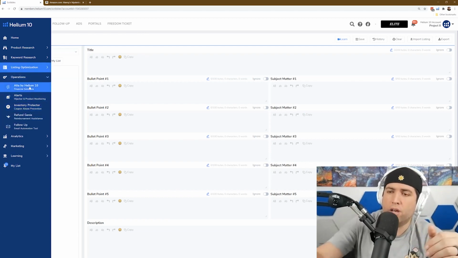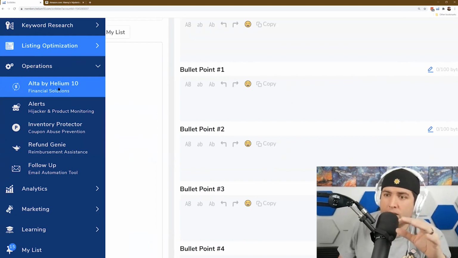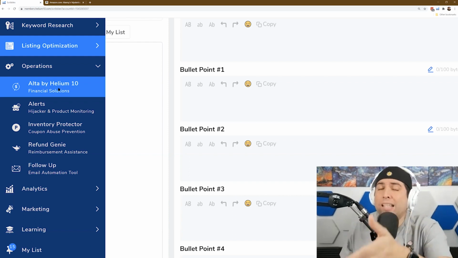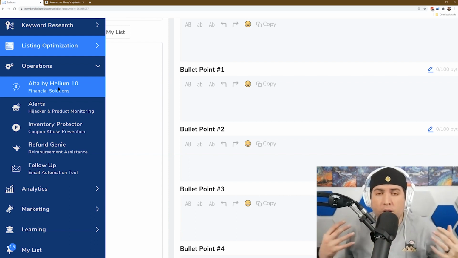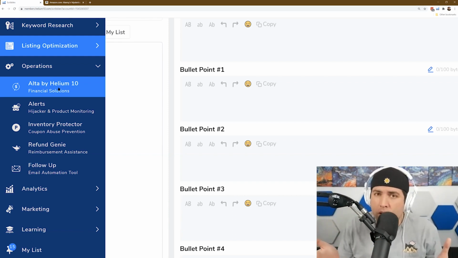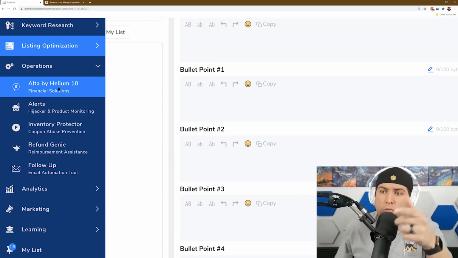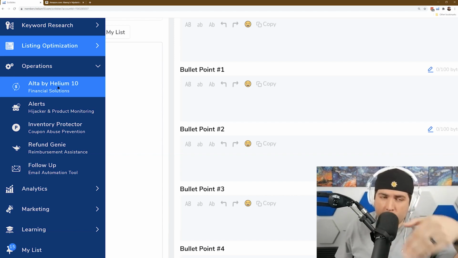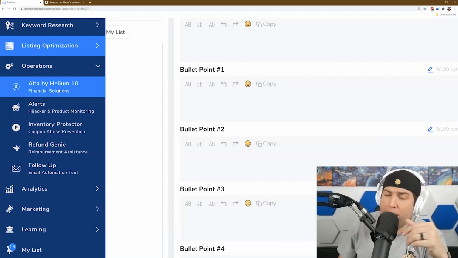Operations tools, we have the Alta complete suite. There's about 6 different tools in there. We allow you to register for your VAT. You can pay your VAT from here, and your GST from Canada. You can get daily advance. So, as many know, if you're an Amazon seller, you only get paid every 2 weeks. Well, sometimes that might put you in a little pinch for ordering product, especially if you're wholesale or arbitrage. Well, we have the daily payout where everything you sell on Amazon in one day, you'll get a percentage of that money the next day, so that you can manage your cash flow better.